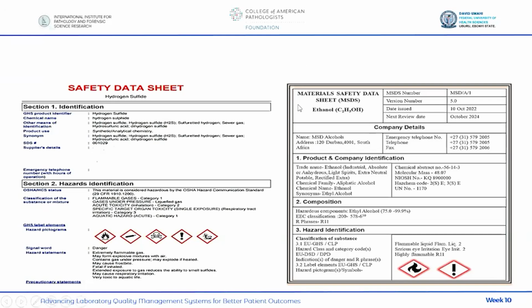Then this one, this is ethanol. The same thing here, just come down, look at the hazard identification. Classification of substance is a flammable liquid. Okay. Hazard class and category code, serious eye irritation. Serious eye irritation, category 2. Indication of danger and R phrases, highly flammable, R11. The R